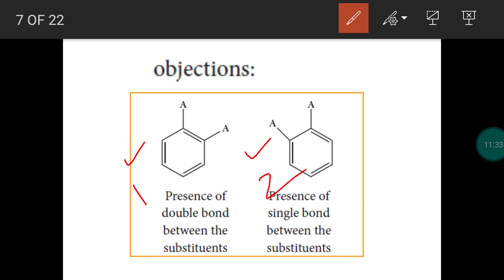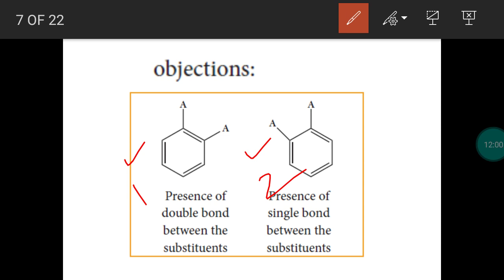Kekulé proposed two ortho di-substituted products, so it is not possible, and he did not give any explanation. Next, in his structure, 3 double bonds were proposed. If a compound has a double bond, it has to answer the reactions of alkene. So Kekulé did not explain